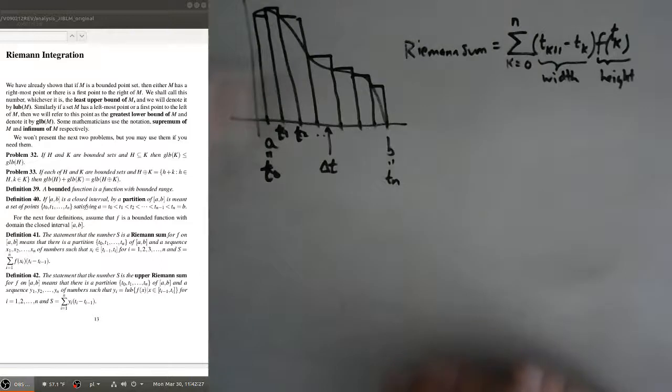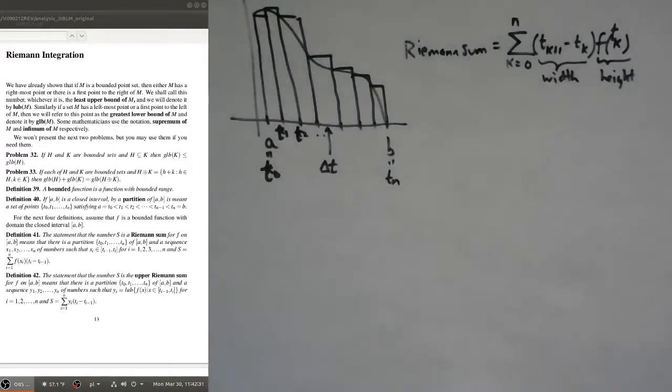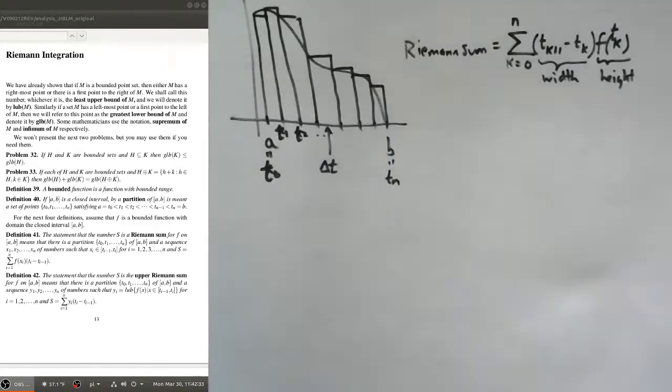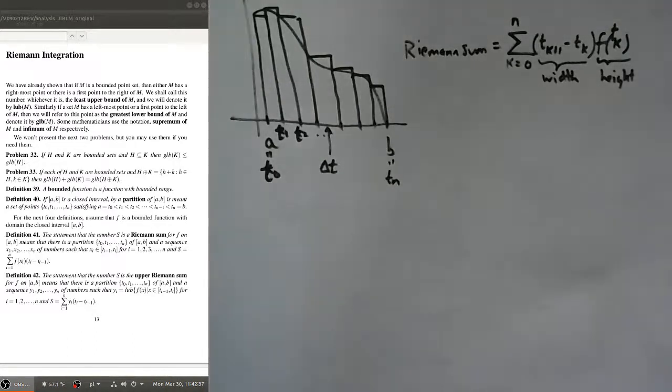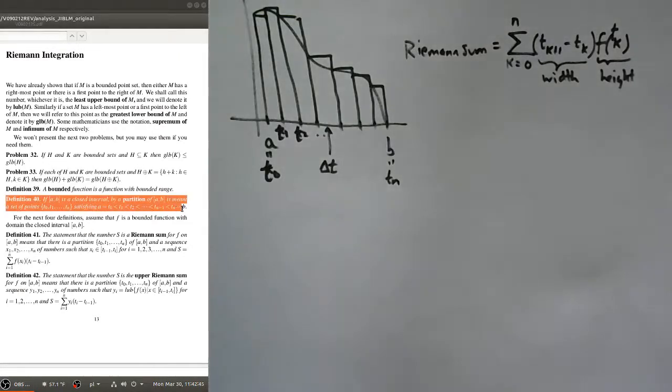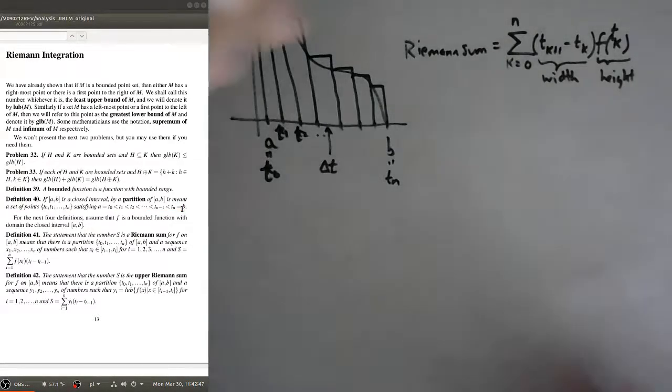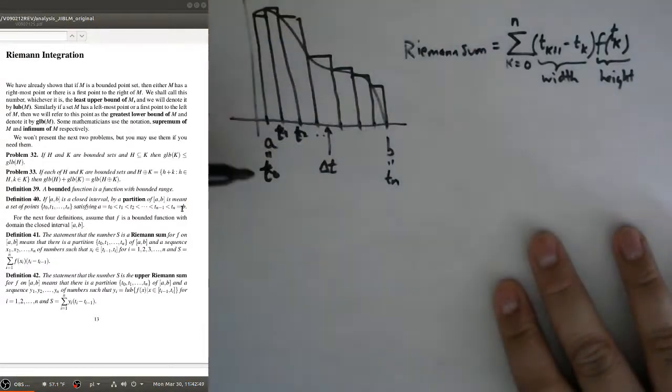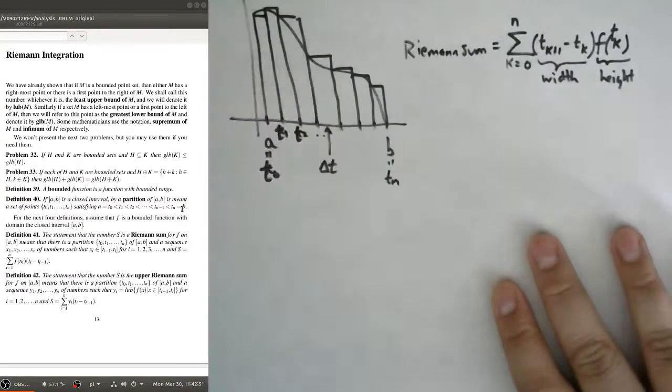Now, in analysis, this thing is still kind of how we're thinking about it, except we approach it a little more formally. We approach it in a little more nuanced way, as we have the whole semester, right? So this first thing we need is the notion of a partition. Now, a partition, these values of t that we've picked is an example of a partition, but partitions allow something